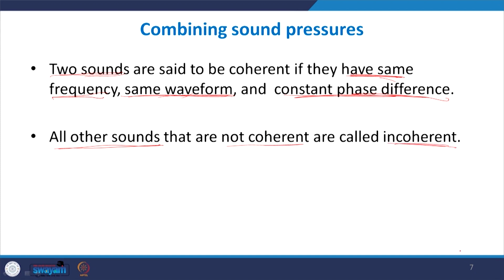Most of the common sounds encountered are incoherent in nature because they are signals coming from everywhere, some coming from a particular machinery, some coming from a vibrating surface, some coming from a human talking somewhere outside. So in general, any particular area is a combination of many sound waves, and these sound waves are in general incoherent in nature. It's very rarely that we find coherent sounds coming together. So the addition and subtraction depends upon the nature in which these sounds interact.